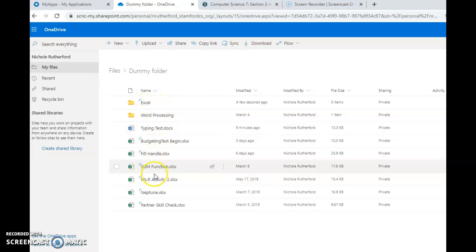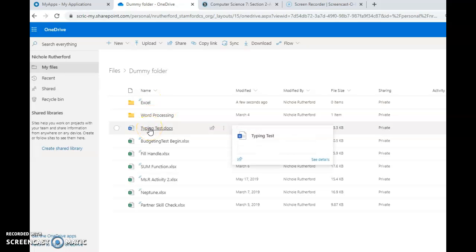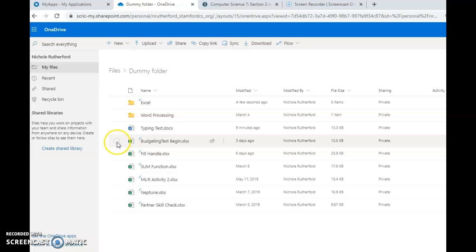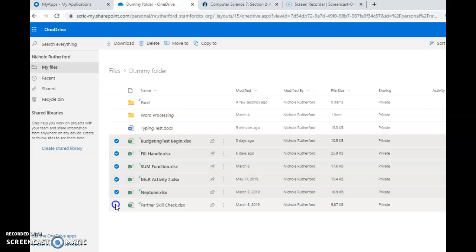And you're going to move all of your Excel files, including your Excel notes, into your Excel folder. Leave your typing test on the outside because you're still using that. So to do that, I find the easiest way is to click these radio dial buttons here, hit Move to,